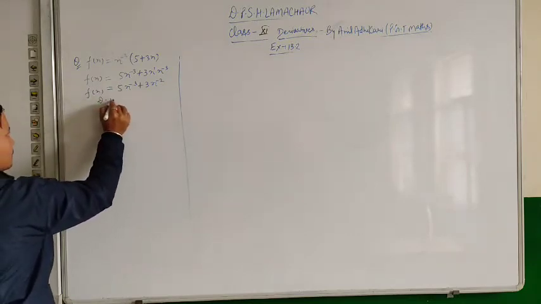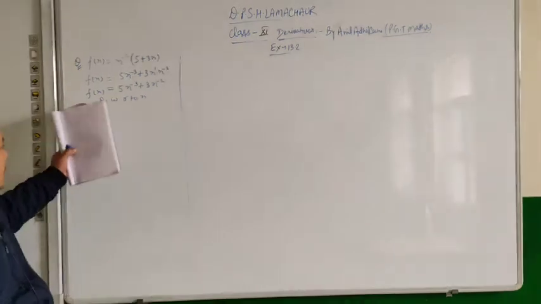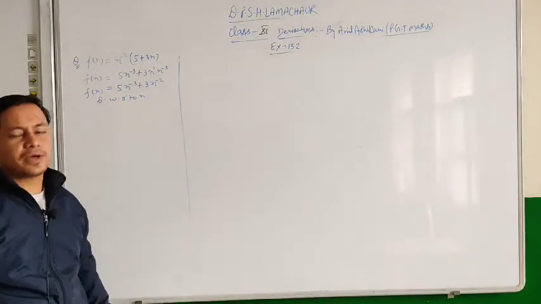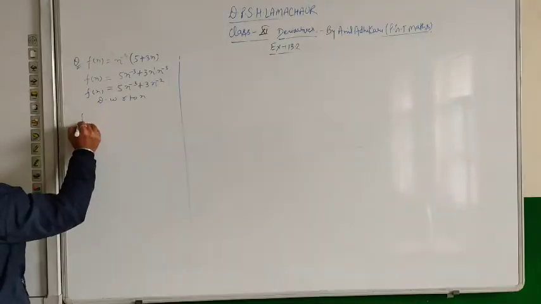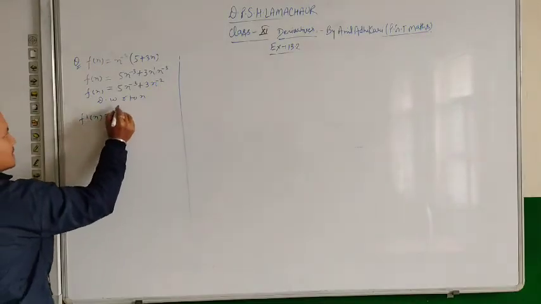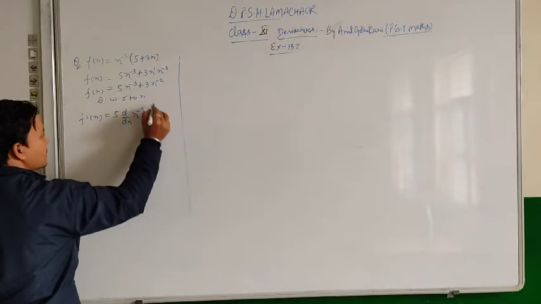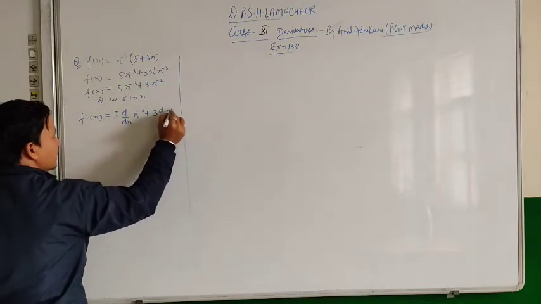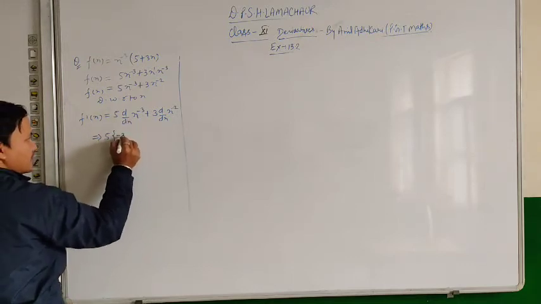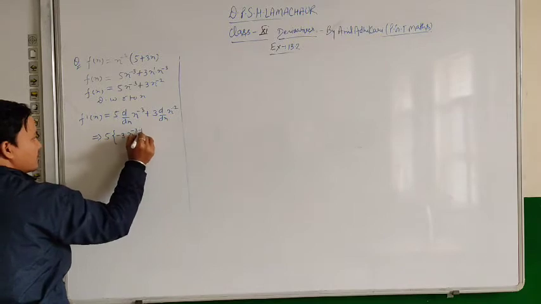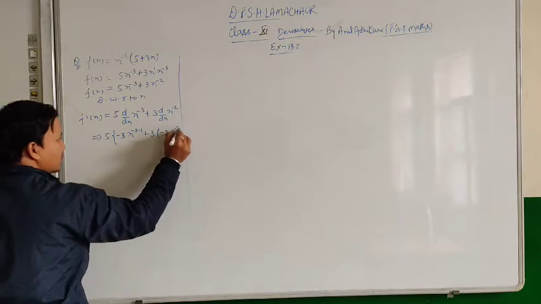So now differentiate with respect to x. We can write it like this, differentiate with respect to x, because the function is given in terms of the variable x. So we will differentiate this with respect to x. Okay, so f dash x is equal to 5 is a scalar quantity, d by dx of x to the power minus 3 plus 3 is a scalar quantity, so d by dx of x to the power minus 2. So this will be 5 times, the power comes forward, minus 3, okay, x to the power minus 3 minus 1 and same here, the power comes forward, that is minus 2, x to the power minus 2 minus 1.